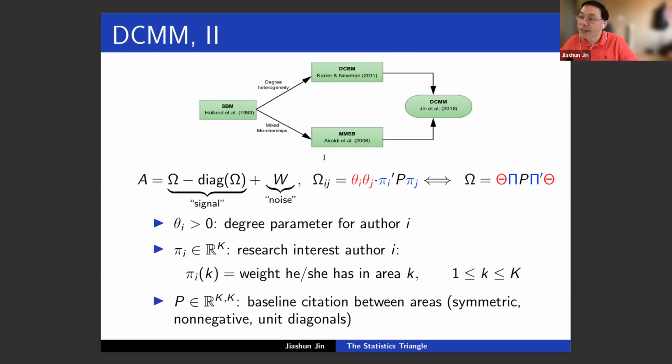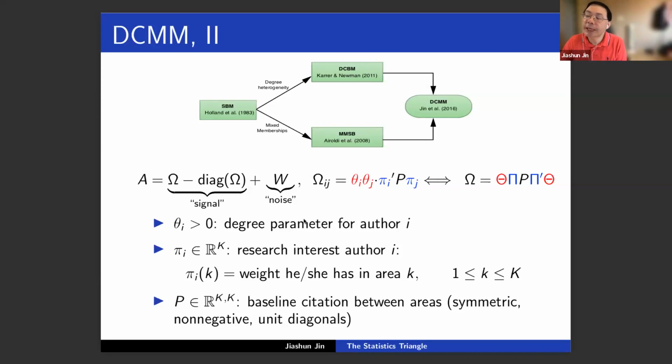For all these modeling strategies, we recognize there are 2 very important features of networks. First of all is the so-called degree heterogeneity, and a severe degree heterogeneity. Take Twitter, for example, a social network. We always know that Elon Musk has a very high degree, right? Take another person, just a typical person. If you compare their degrees, Elon Musk's degree may be much higher than the other person's. So the degrees of different nodes are very different. It can be very different from one node to the other.